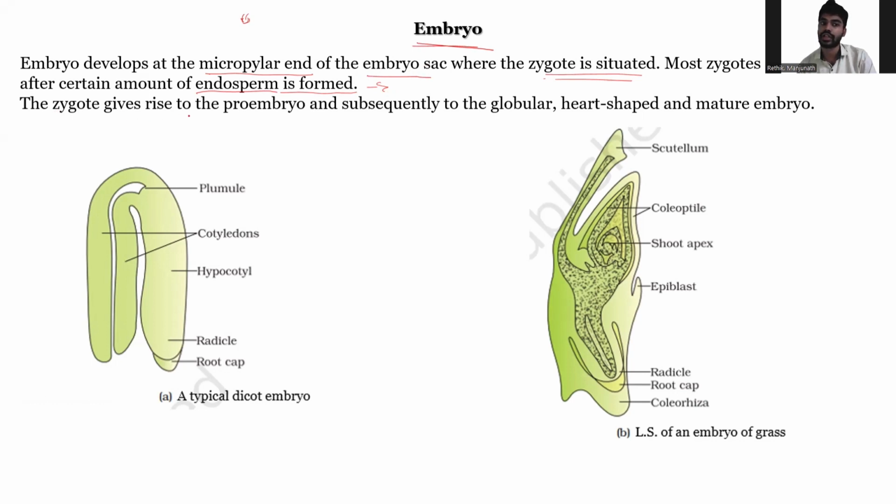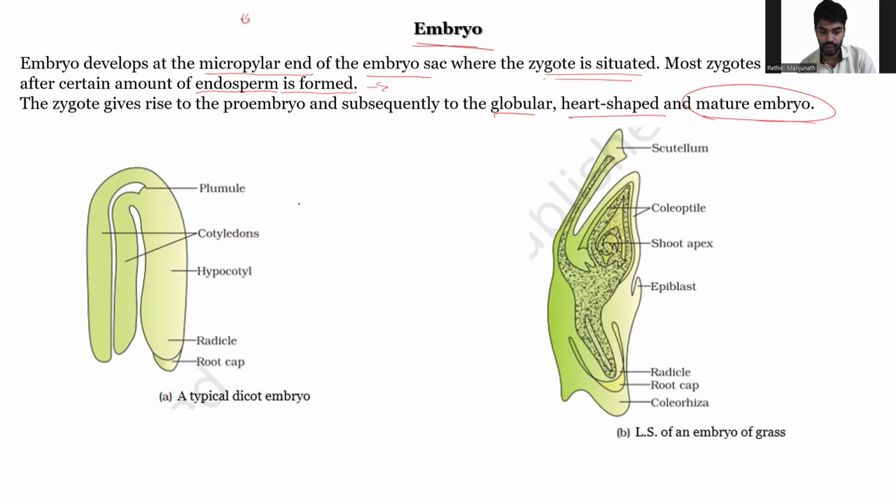Then the zygote gives rise to the proembryo and subsequently to the globular, heart-shaped and mature embryo. So you can see two types of shapes: one is globular shape and the other is heart-shaped embryo structure. From there, the mature embryo, that means the final stage of embryo development, can be observed. Basically, we have two types of embryo, the dicot embryo and the monocot embryo. I'm talking about the dicotyledons. The structure is in this way. So what happens when you're talking about the typical dicotyledon embryo? It normally consists of